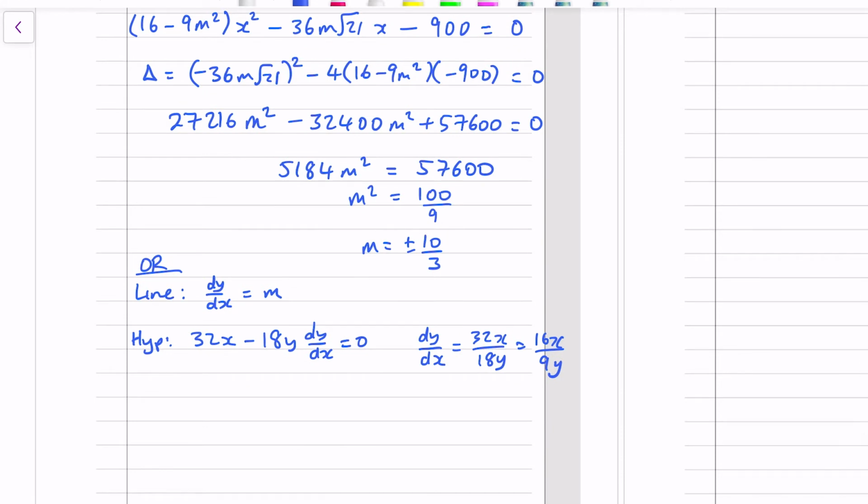And those gradients are going to be the same at the point of intersection. So at the point of intersection, which we could call, I don't know, (a, b),